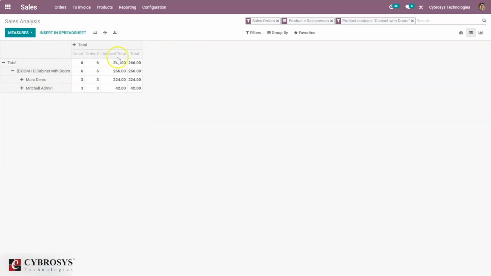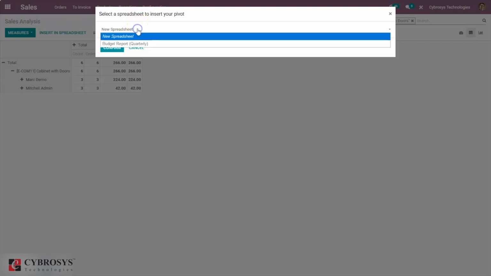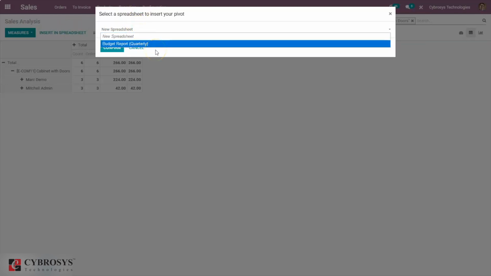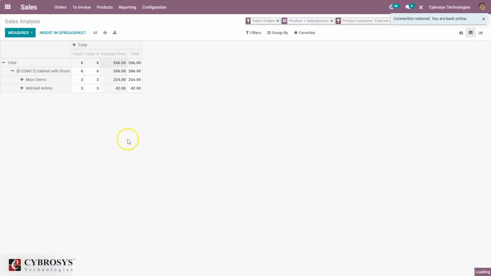I only want to see these details. Okay, now let me click on Insert in Spreadsheet. And here you can find the option to select an already existing spreadsheet and add this report in that, or you can create a new one. So I'm going to create a new one. Just click confirm, and here